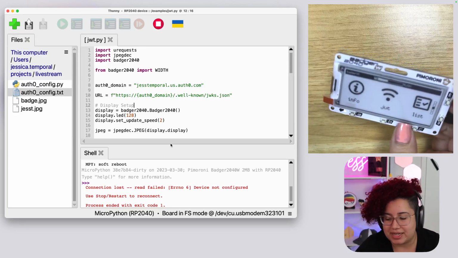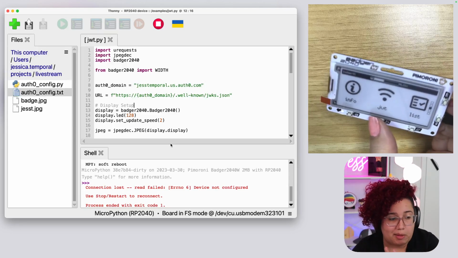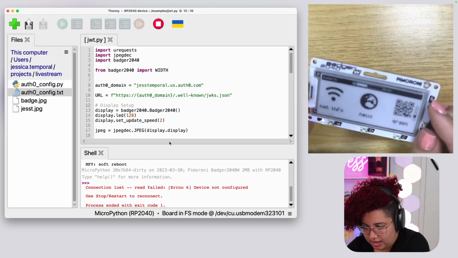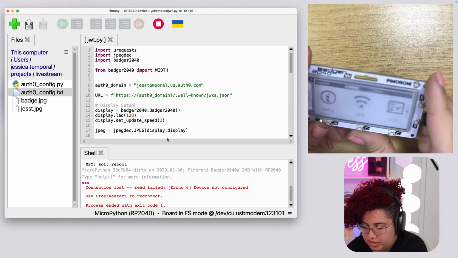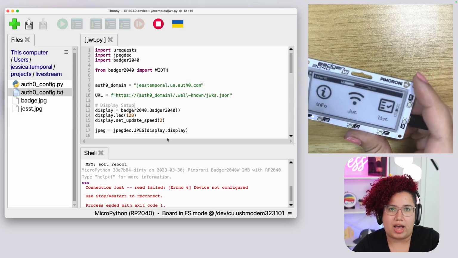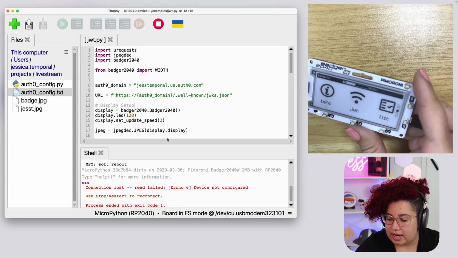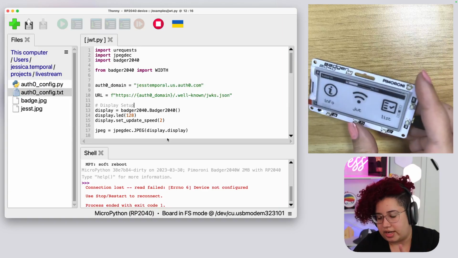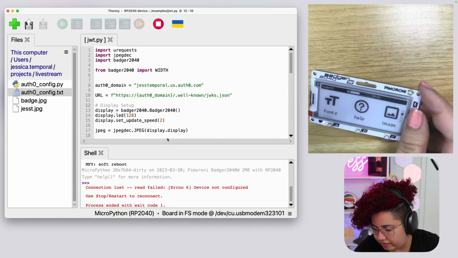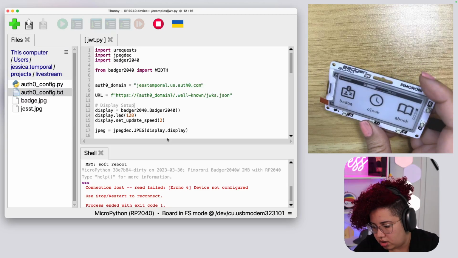So basically what I did, because I didn't have a pretty icon, I copied the icon from one of the other applications inside my badge, which I guess is the Net Info application here, and I put it as the JWT icon. The badge is kind of smart, so it understands which icon belongs to which script based on the name of the icon. And if I click on the application that I want to run, it is going to basically run. So if I go up, I have fonts, help, image, I have the clock. For example, if I click on the clock, I guess it should work.